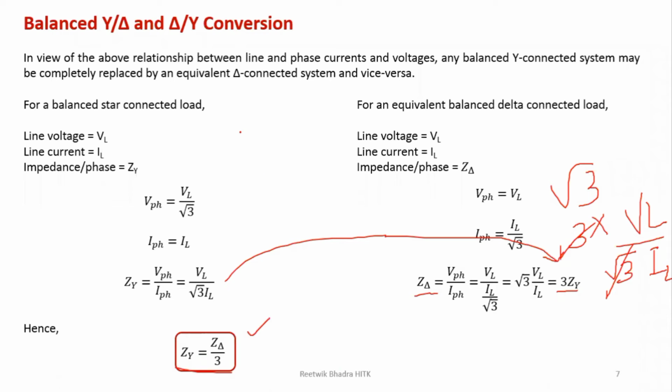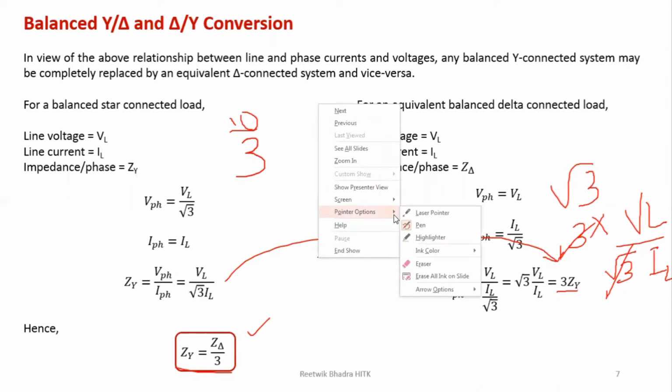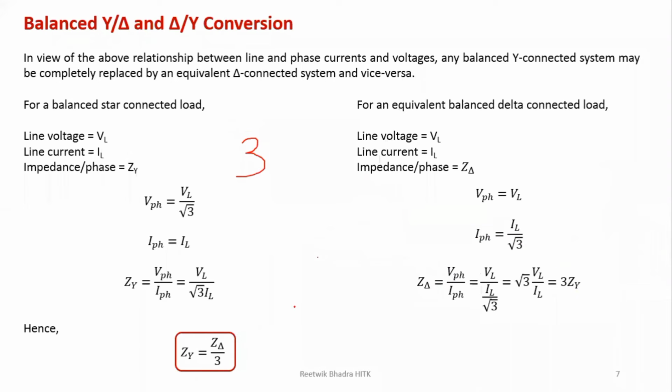by 3. That means what I am trying to say is that if in a delta all the resistances or impedances are equivalent to 10 ohm each, if all are equal, then Z star will be 10 by 3. So if you are converting star to delta, this applies for your DC also. So if it is in delta given 10 ohms for the resistance or impedance, Zy will be 10 by 3 if it is equal. Otherwise, you have to go by those formulas which we have studied earlier.